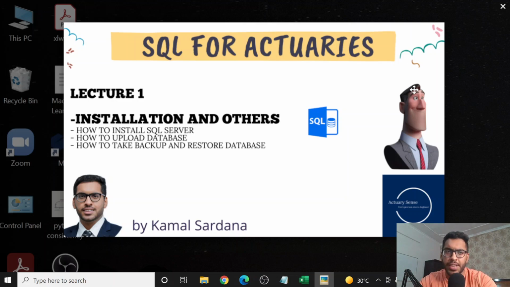So we will start with the basics, then intermediate level, then advanced level, and then definitely pro level. When I say pro level, it simply means how we can connect our Excel with SQL, how we can connect Python with SQL, and the more advanced or more pro level will be how we can connect SQL, Python, and Excel. All these three applications, that is Excel, Python, and SQL, all of these three at the